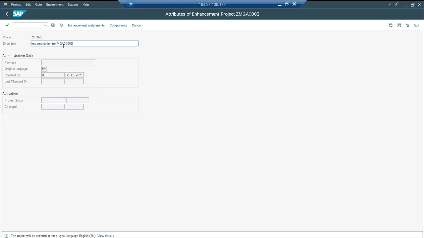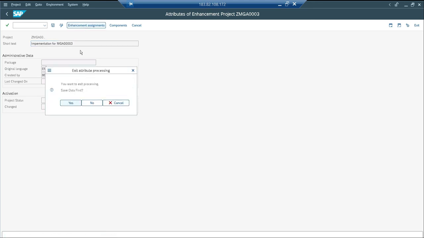for this one. Okay, first, there are some steps to be followed for creating an implementation. First you have to create a project. I almost did it with Z and gave almost the same name. Then you have to assign the enhancement to the project. So that is the second step. Okay, so go to enhancement assignment. I want to save first. Yes, please save this